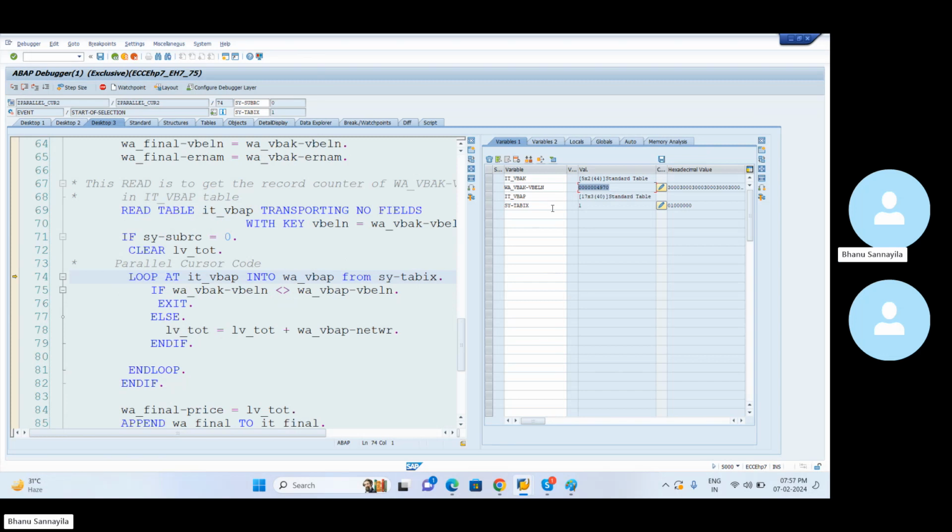This particular value is at the first position of this table. Now you start the second loop from that position, and you exit the loop if these two values are not matched. You exit the loop if these two values are not matched. Okay, F5. Since these two are the same now, because this value is coming from the first loop,